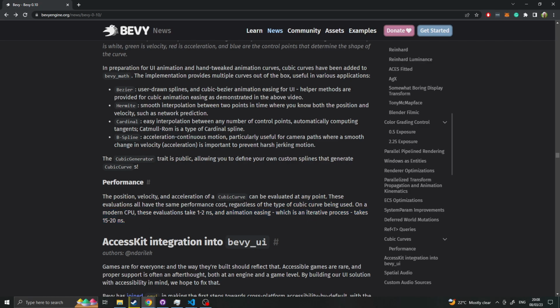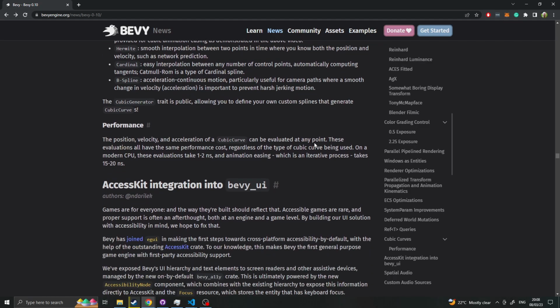But these are not iterative implementations like physics would be. So calculating the position of something with its velocity and time as physics would require you to step through the physics each time. These are not calculated physics, but instead you can just skip forward in time, and so it's all O(1) in terms of calculations because it doesn't iterate at all, it just